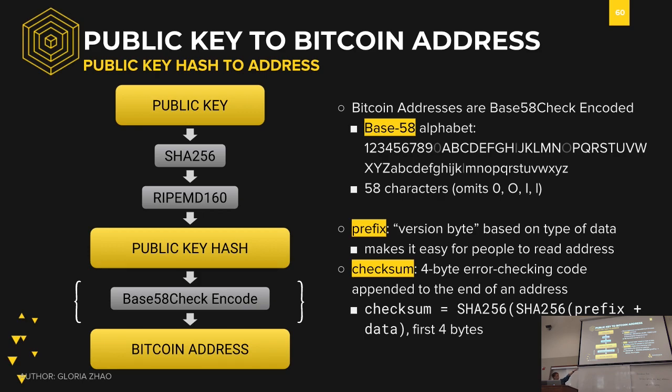And then what Base58Check encode does is it prefixes your address with a version byte, and it ends your address with a checksum. It's really difficult for people to remember a really long hash, right? Probably what you're going to do is copy and paste it and save it somewhere on your computer. That's a really bad idea, first of all. Don't do that. Write it down in some hard copy place and put that in a book you're not going to forget. But the checksum is at the end, and it's sort of a summary of